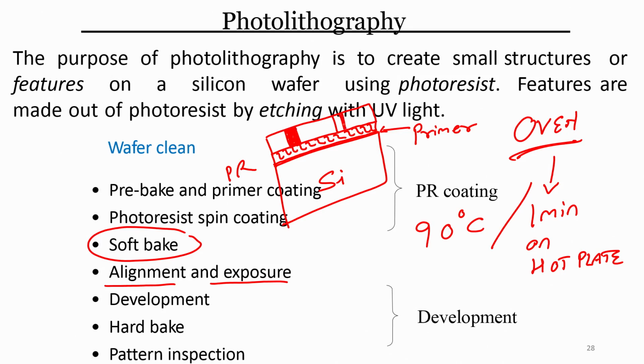Masks are also classified depending on their pattern, that we will discuss later. So, this is your mask. You have to align the mask and then perform UV exposure, right. After UV exposure, you have to unload the mask and dip the wafer